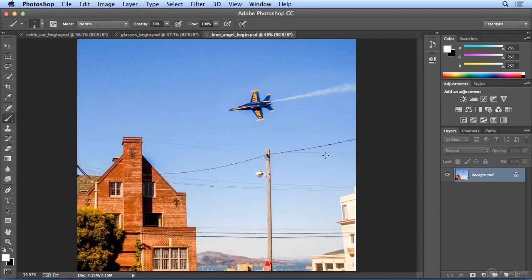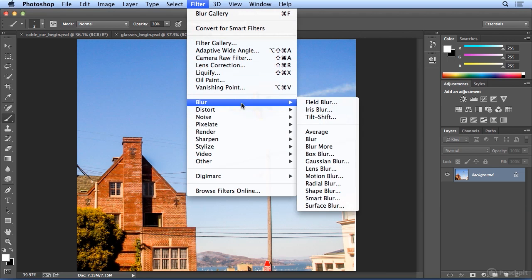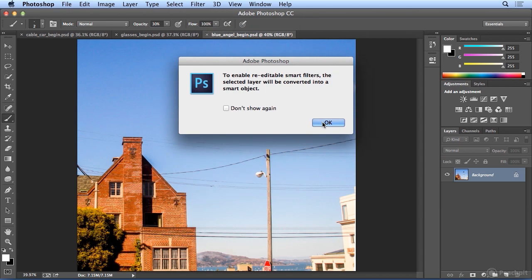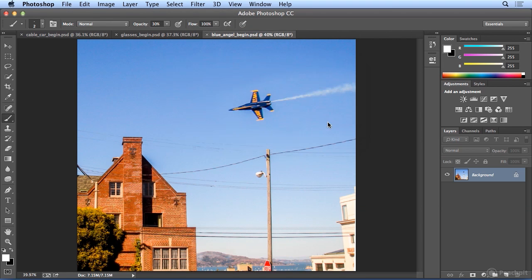Now, with Photoshop CC, your blur effects under Filter, Blur, and the high-end Field Blur, Iris Blur, and Tilt Shift can be run as smart objects. Thank you, Adobe. I have really wanted to edit these settings in the past, but once you applied them, they were permanent. If I choose Filter, Convert for Smart Filters, okay, I know it's going to be a smart object, so I'll hit Don't Show Again. I'll name this Blue Angel,